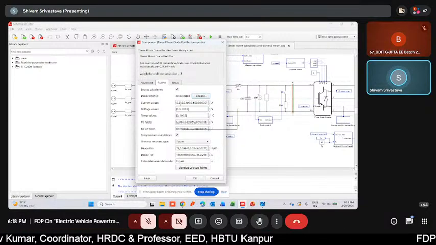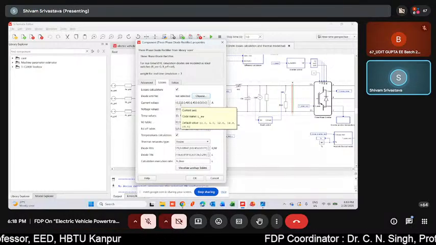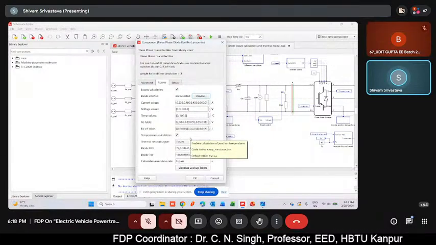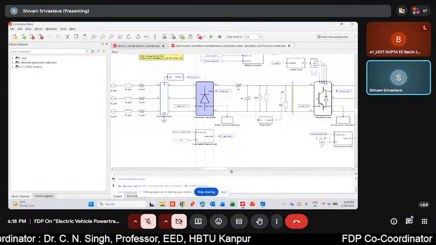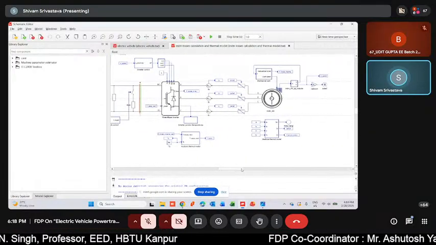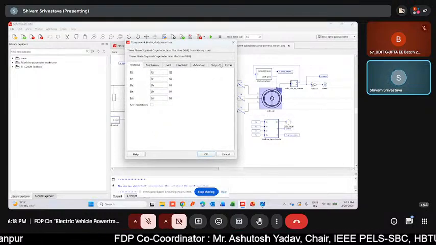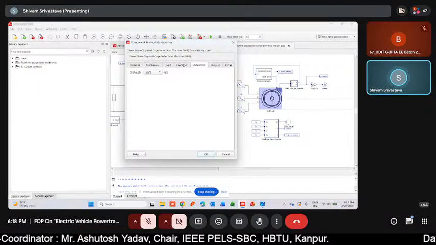If you don't have a file with you, you can import the data on your own by simply typing it inside the different tabs available for the voltages, currents, and temperature on the losses tab. Again, if you are working on the motor losses calculation, you can simply double click on this and come into the output section in the advanced